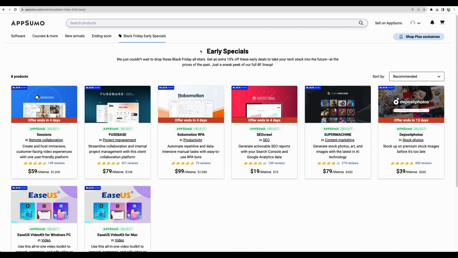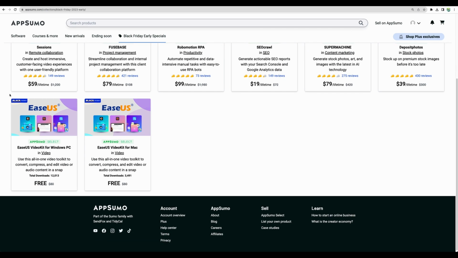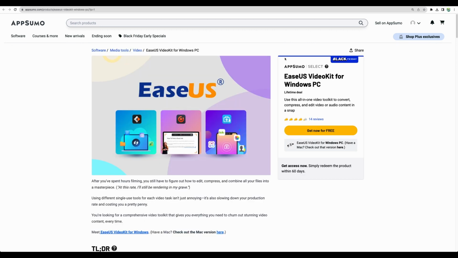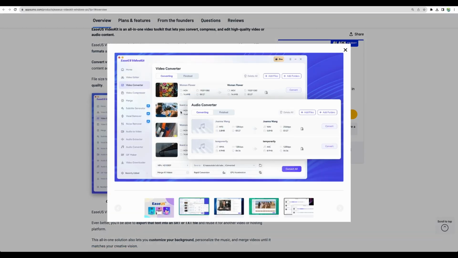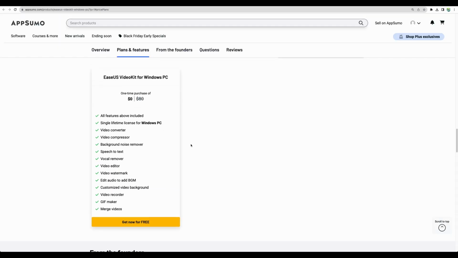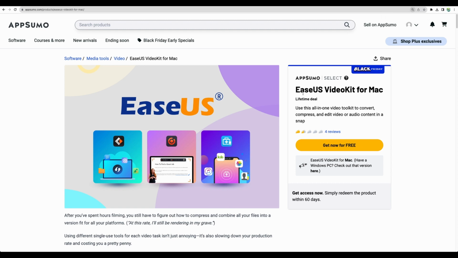The AppSumo team released a few early special deals before the main Black Friday event, and as part of that there is video conversion software called EaseUS, which is available for PC and Mac. It is an all-in-one video toolkit. You will be able to convert your videos, compress, work with audio, make GIFs, and all of that free of charge at the moment. I will show you right now the version for Mac and how to get that,